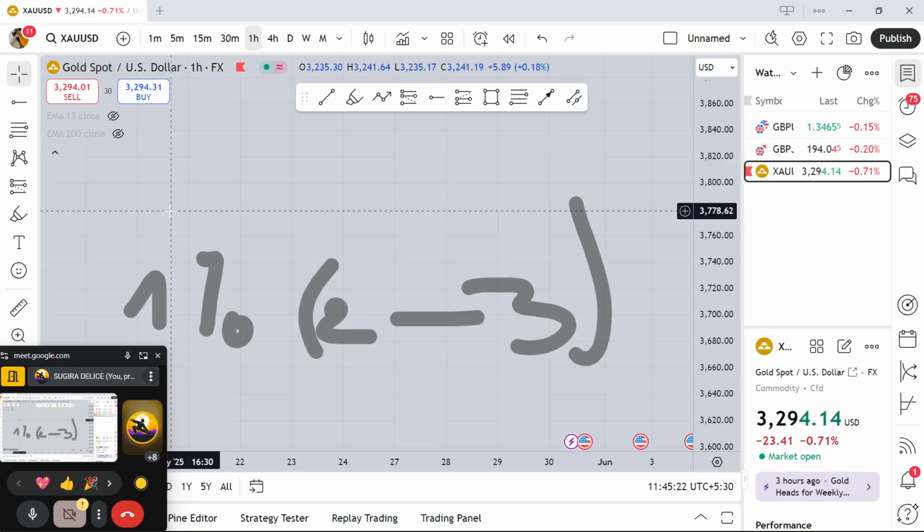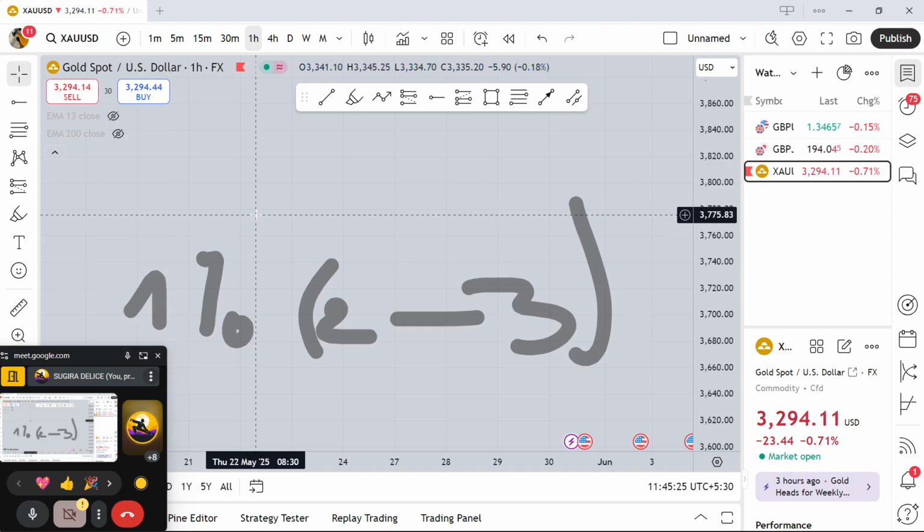The first thing is to say it's not 1%, because for example, if you have an account of $10, 1% is $1, and it doesn't make sense for you to enter a trade just to target $3 or $2 per day. It doesn't make sense, right? So to understand risk management properly, you just need to understand, first of all,